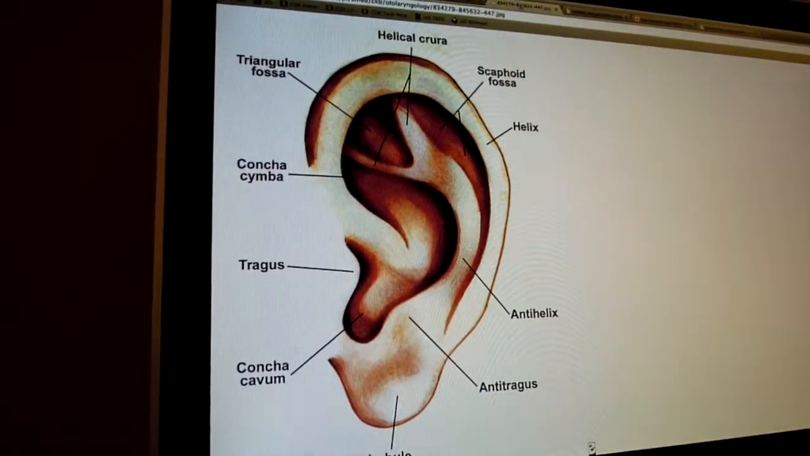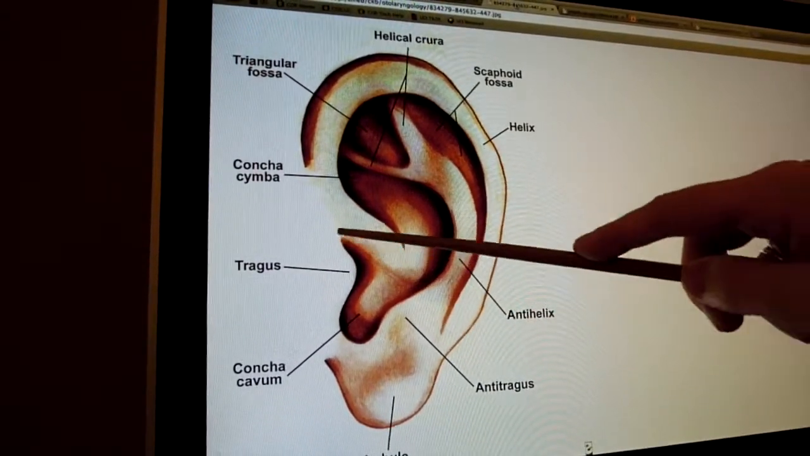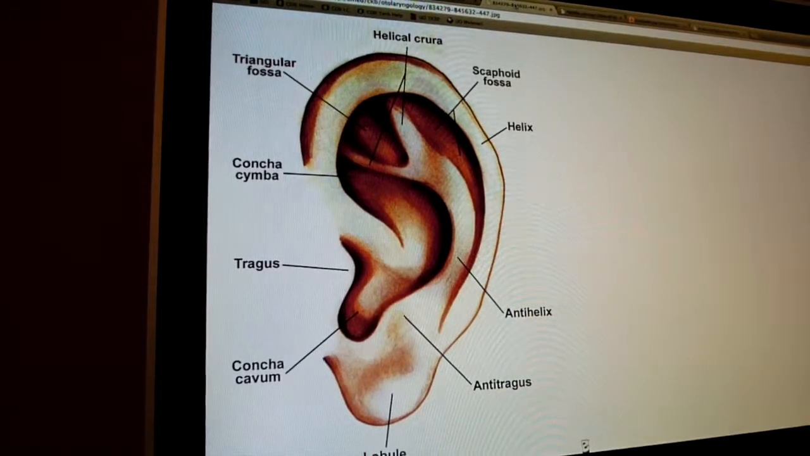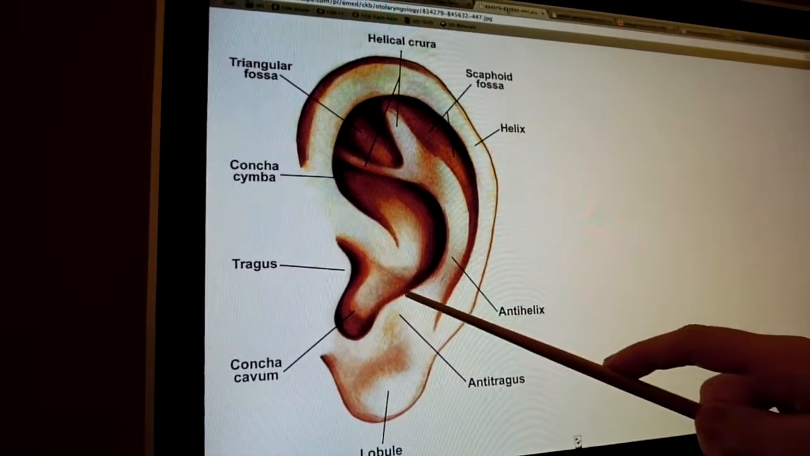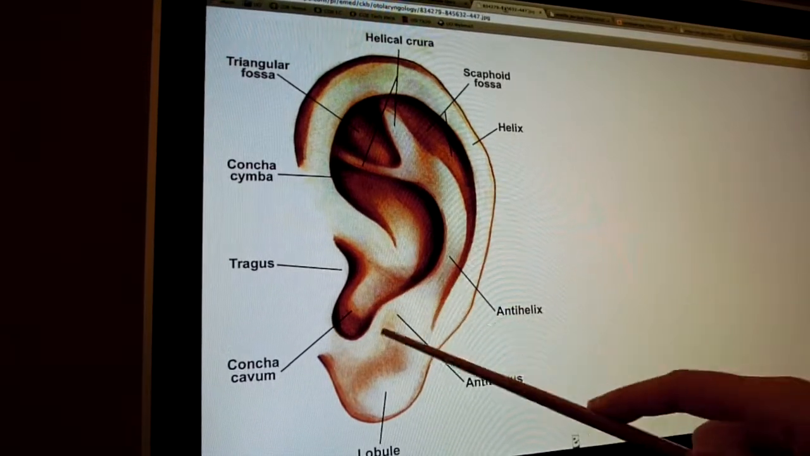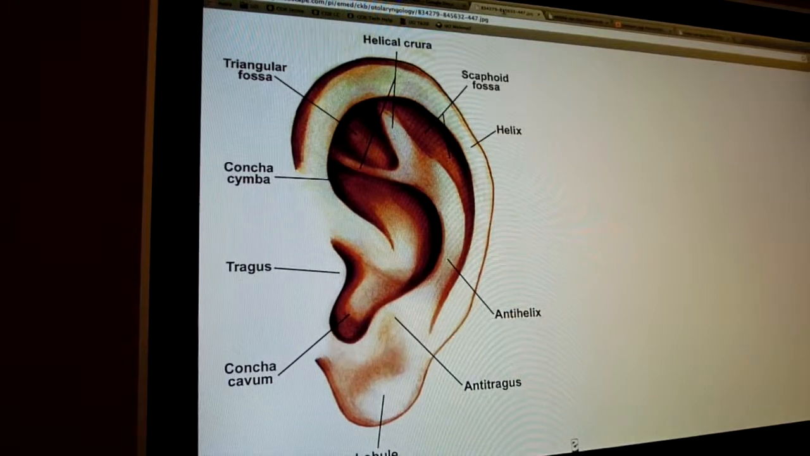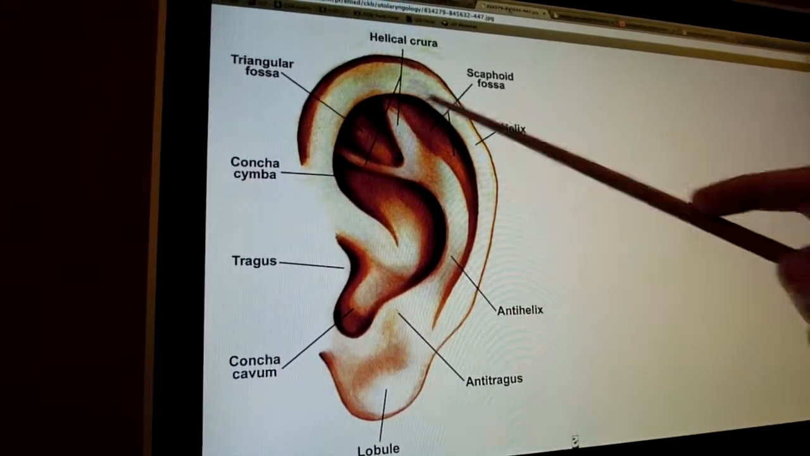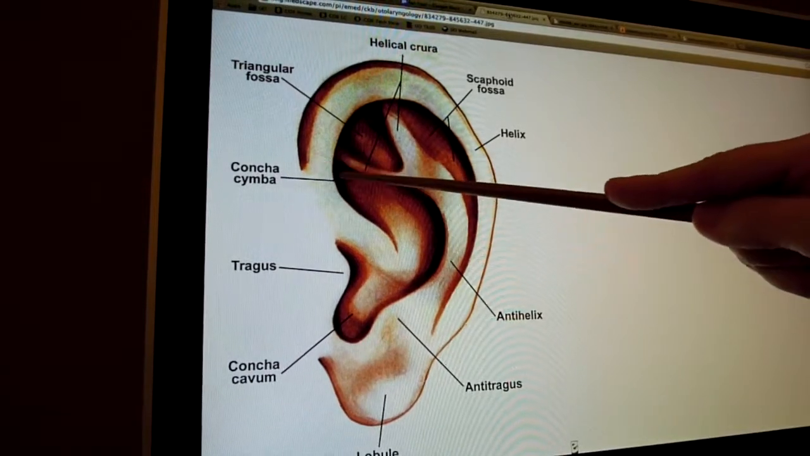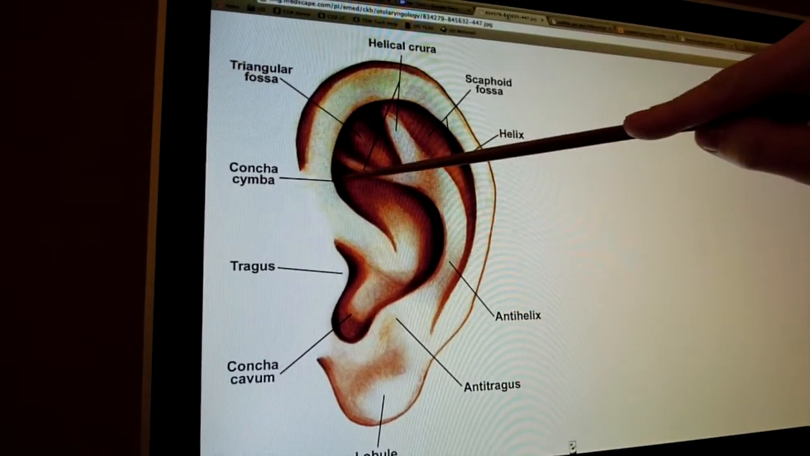Yeah, and tragus. Tragus is right here, a popular place to get pierced sometimes. Goes right in. Antitragus. An antitragus, opposite of the tragus. And the last one, earlobe. Earlobe or lobule is right down here. And then, as you can see, as I pointed out earlier, are the two conchas. On the other model you couldn't tell, but the concha cymba is higher, right